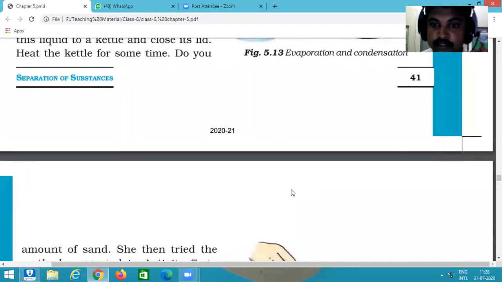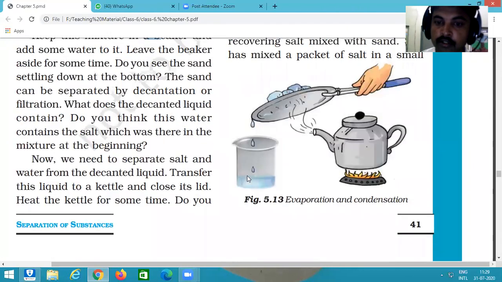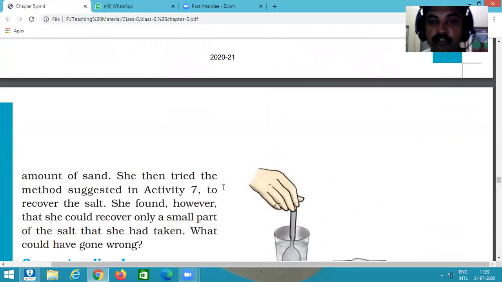So by condensation we separate out the water, and what substance remains in the kettle? Salt. So by this process we separate the salt from the water. Here we see that we used four methods to separate the salt from the sand. Which four methods? First, sedimentation. Second, decantation. Third, evaporation. And fourth,